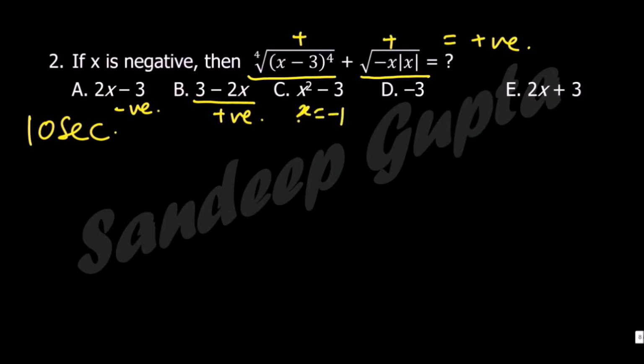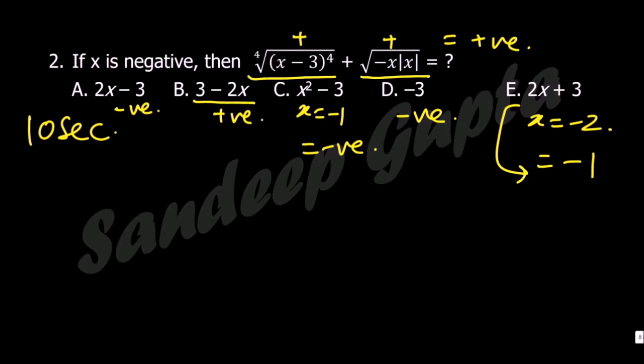Just substitute x equal to minus 1. This will become 1 minus 3, which will be a negative number. This is already a negative number, so there is no way this can be the answer. And if x is negative, substitute x equal to minus 2, let's say. Even this will become negative. Minus 4 plus 3 is minus 1. So the answer must always be positive irrespective of any negative value of x. And the only answer that will always be positive is this answer. This will take you just 10 seconds to solve this question. And you can completely bypass the earlier two methods that we just discussed.